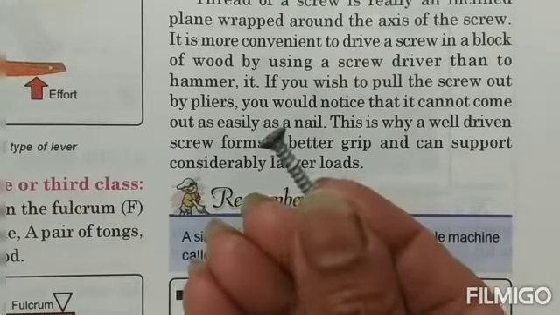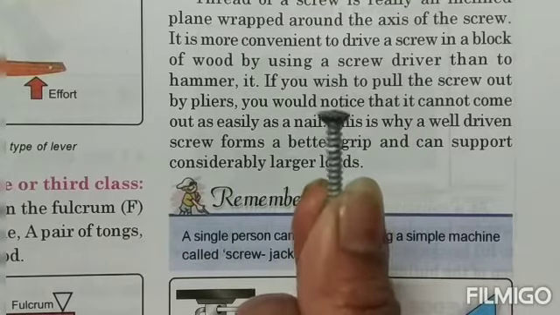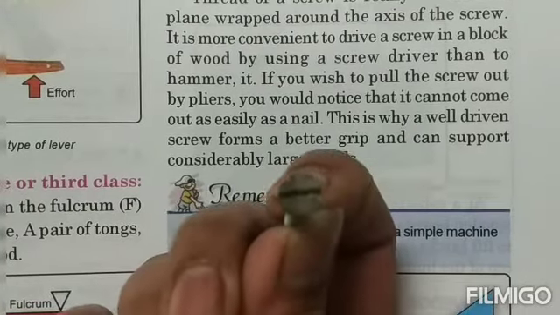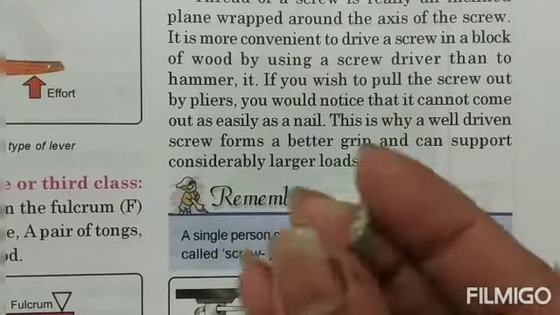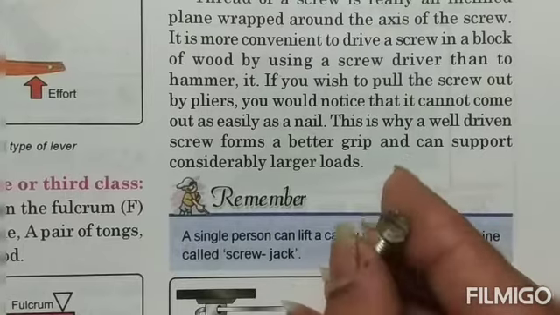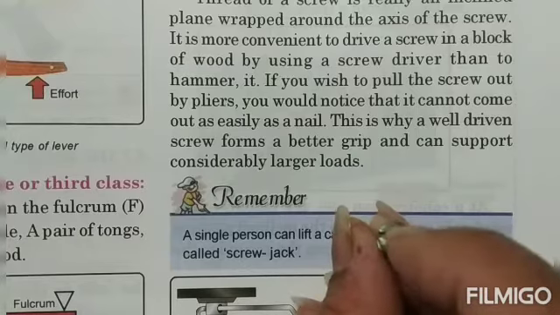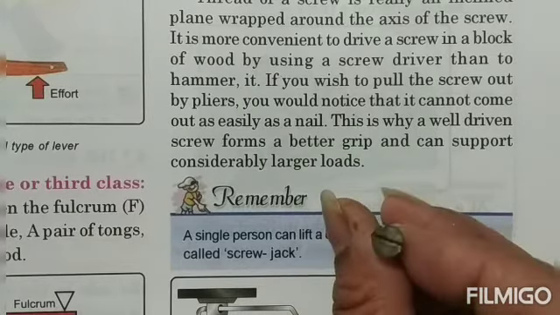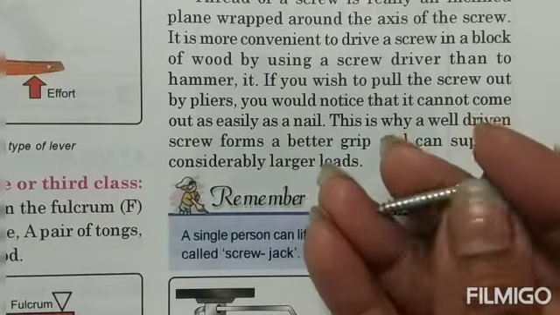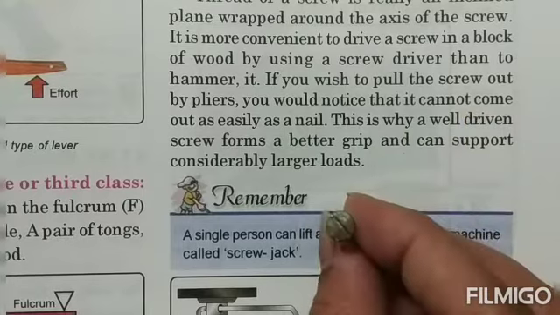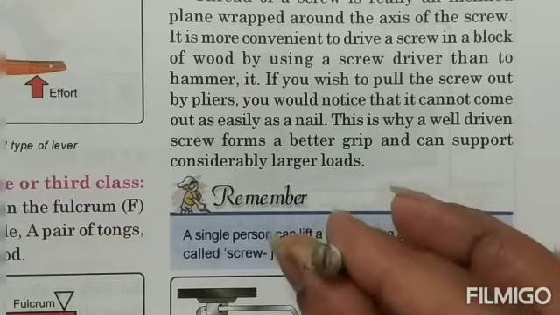Now look at this picture, children. I have brought a screw to show you. Now see, it has grooves like this, right? And this is the head of it and this is the tip. So when it has to be driven inside a piece of wood, then the screwdriver head comes over here, fits into this groove, and then it is made to move like this and it goes inside. Why? Because of these circular threads. Similarly, if you have to take it out also, you need to use the screwdriver to unscrew it and take it out.